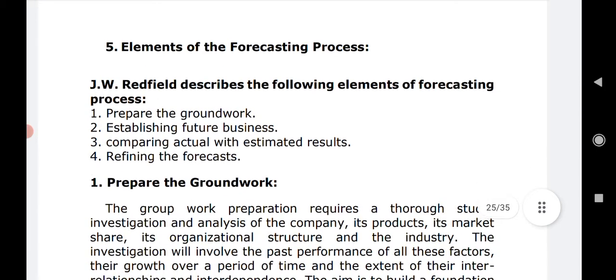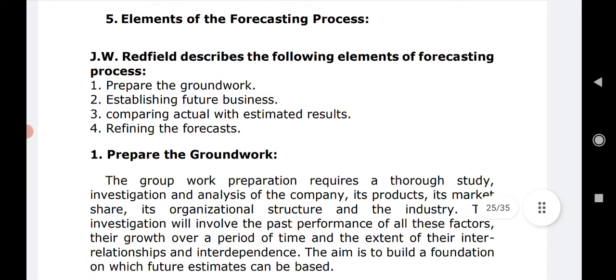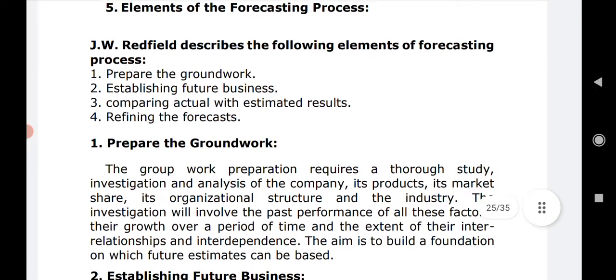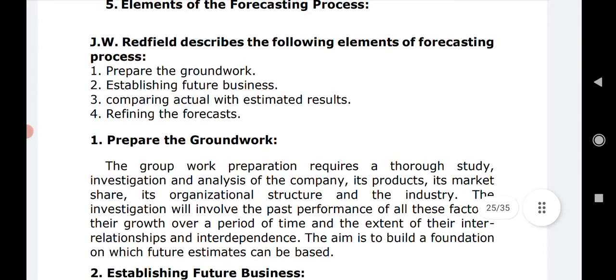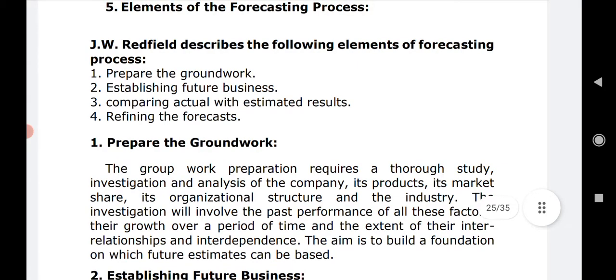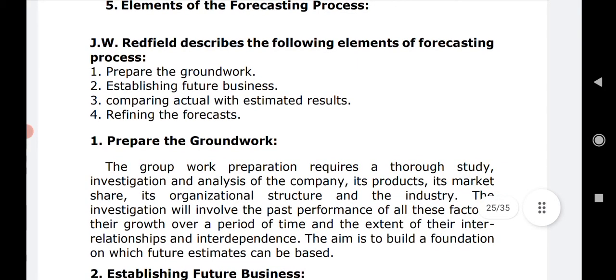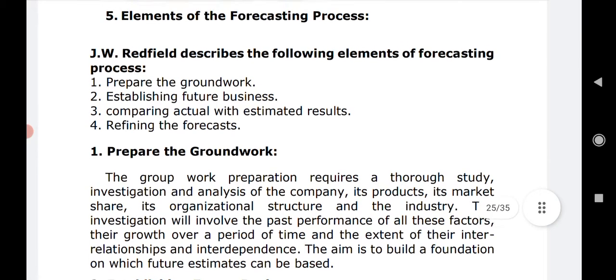Let us go to the different elements of the forecasting process. The forecasting process may differ depending upon the requirement of the manufacturing unit. Again, it may be different for a production unit, and it may be different for the service sector. But here we are going to see a few common elements that are present in